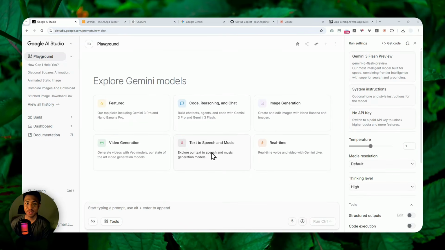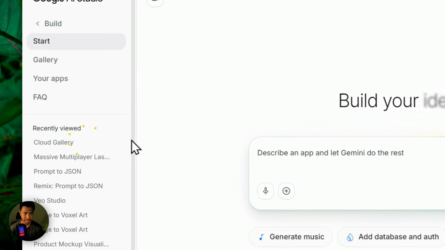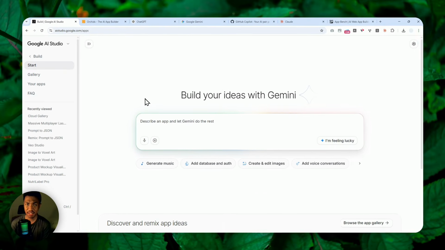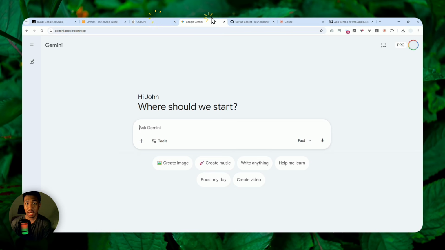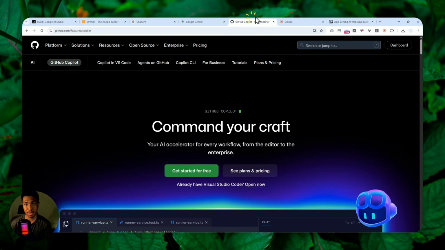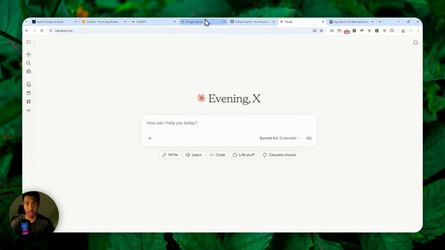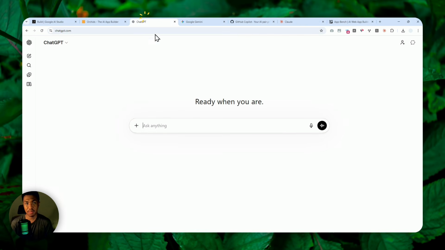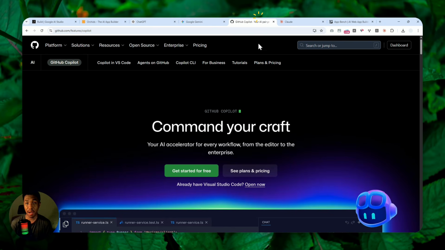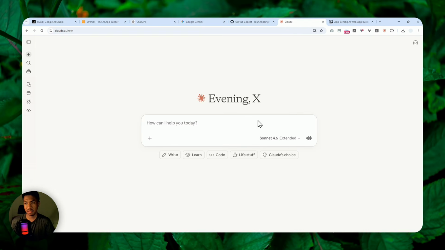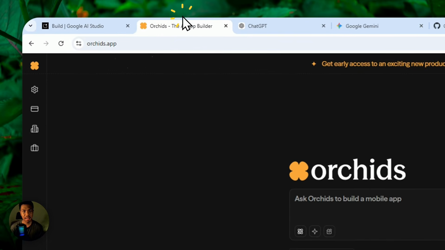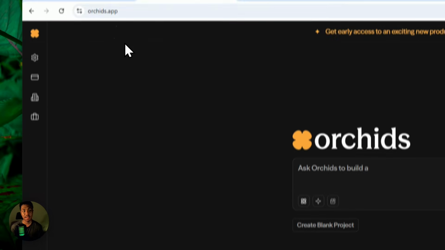Well, vibe coding tools are quite ubiquitous, and a lot of times it's difficult to decide which AI tool you should be using to start building your own websites or apps. Like you can use ChatGPT, Gemini, GitHub Copilot, or Claude, or you can use Cursor, Anti-Gravity, V0, Bold, and many others. There are plenty of options out there, but there is one that catches my attention, and the name is